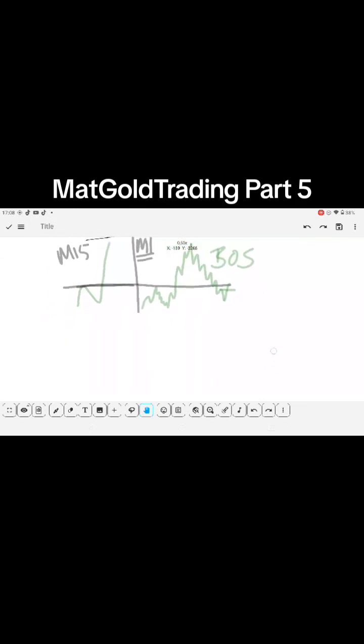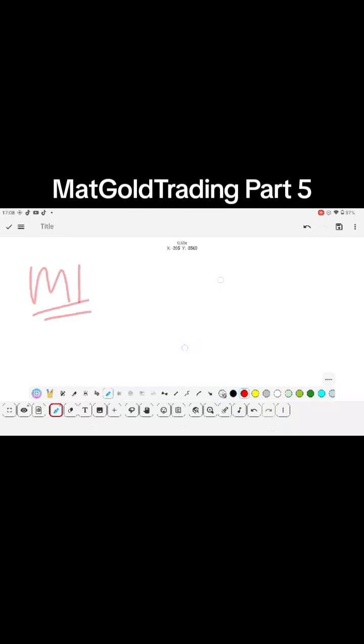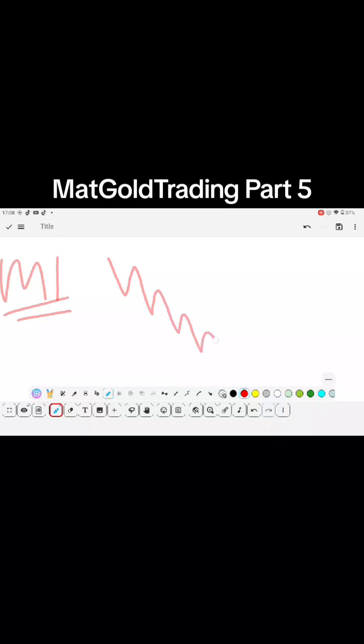So I'm just going to make a trend here. This is on the M1. Okay. So on the M1, this is what we see. We see a downtrend, and then a break of structure because it reached this previous higher low, right? Instead of it going down here, it just reached above, right? So that's a break of structure.